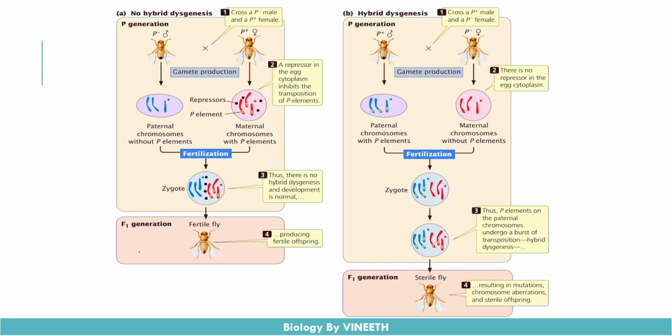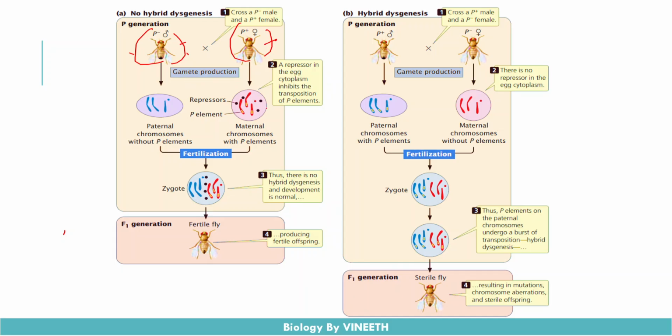So this diagram actually tells you how hybrid dysgenesis is formed in the offspring. If you have the P minus and the P plus strains, P minus indicates the normal male, or the M cytotype male, and P plus indicates the P cytotype male, that is, the P element containing male. So when you cross these two with the female,